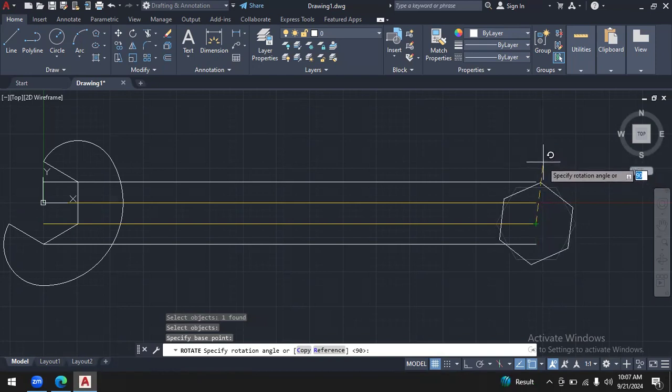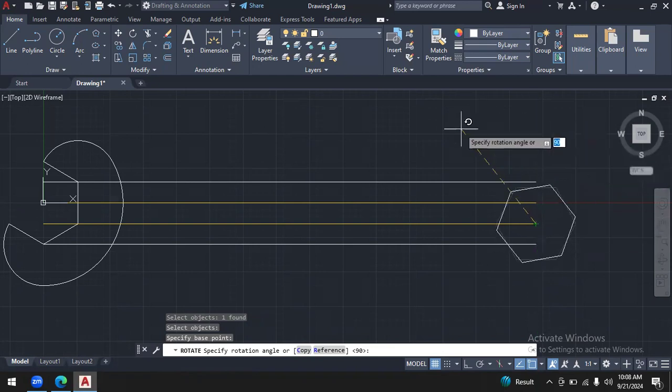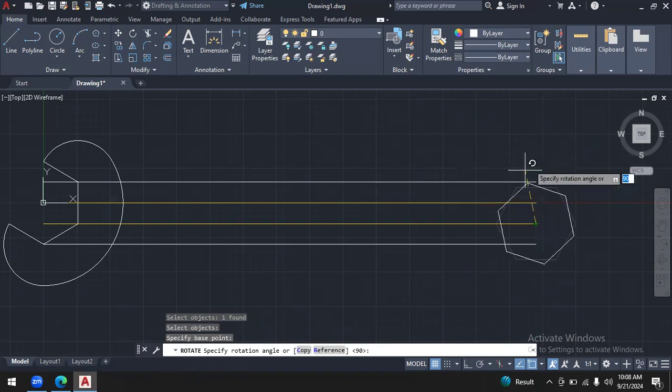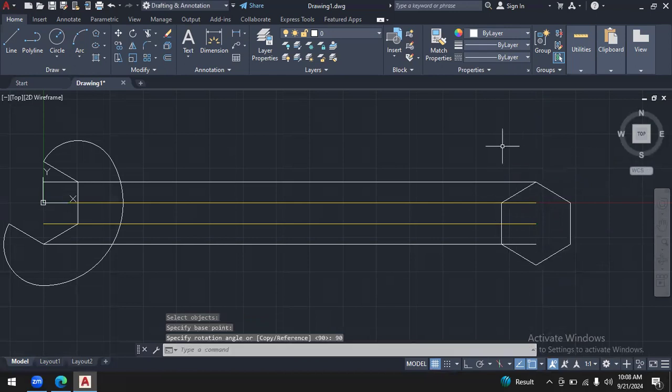What basically we have done is, we didn't get ourselves confused or indulge in finding out the Cartesian point for this center point of the polygon, because we were provided multiple hints giving this length of the line and the number of lines, so we can easily take the end point of the line as the center point of the polygon. So this is very easy. Now give the rotation angle as 90 degrees and then enter,